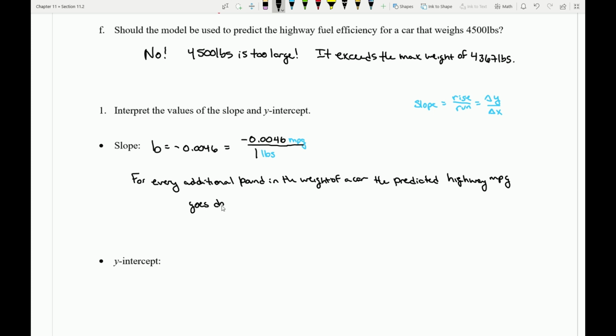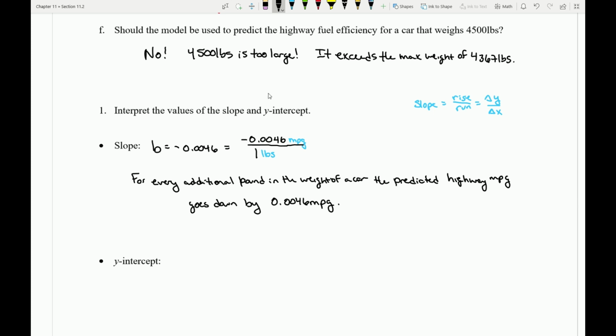So this goes down by 0.0046 miles per gallon. Notice that I started talking about x first, and then I talked about the y. So for every additional 1 pound in the weight of a car, the predicted highway miles per gallon goes down by